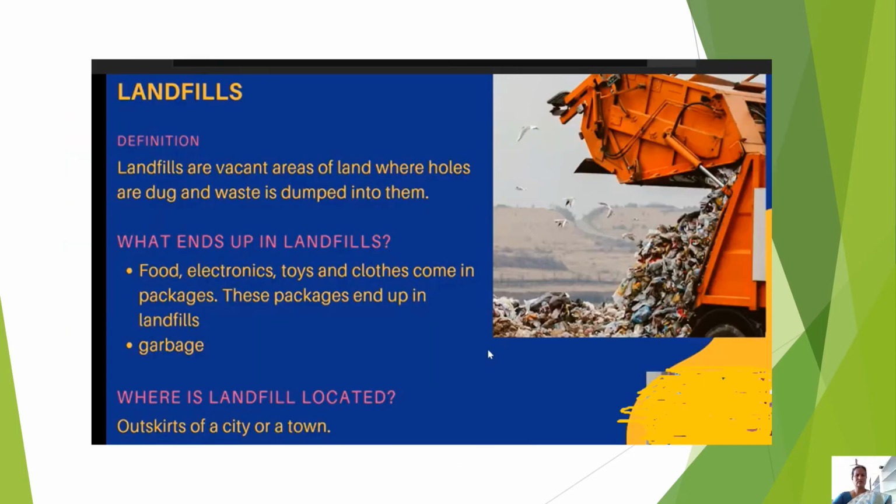The first way is landfills. Landfills are vacant areas of land where holes are dug and waste is dumped into them. What ends up in landfills? Many of the things that people use every day, like food, electronics, toys, and clothes, come in packages. These packages end up in the landfills. Where is the landfill located? Almost all over the world, garbage is put into a landfill on the outskirts of the